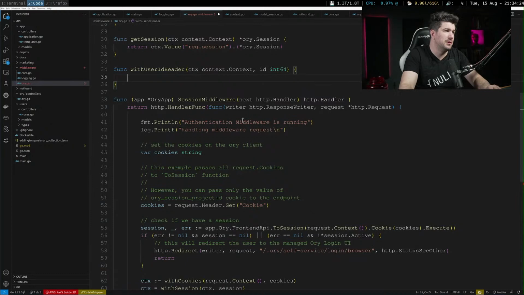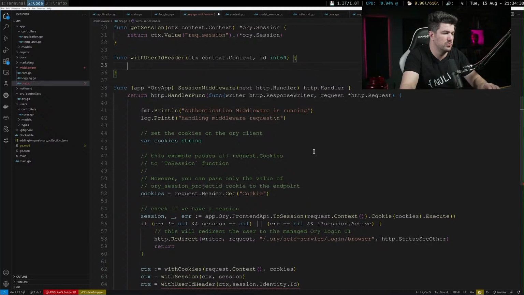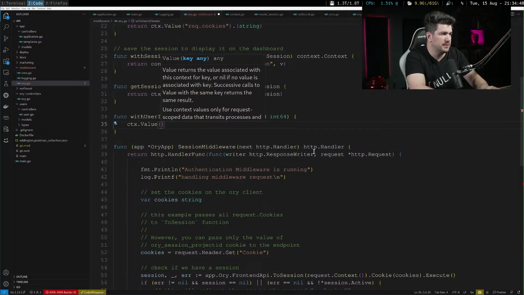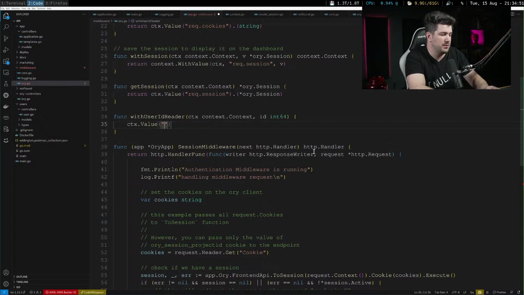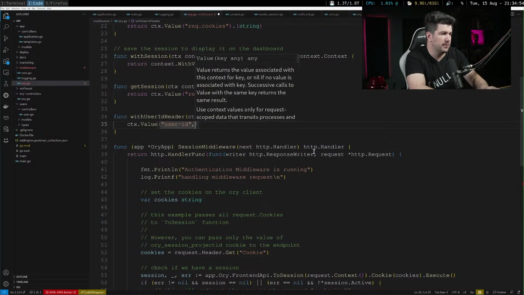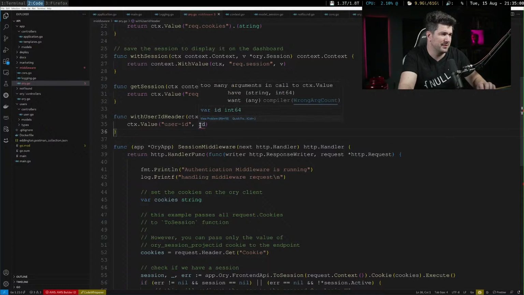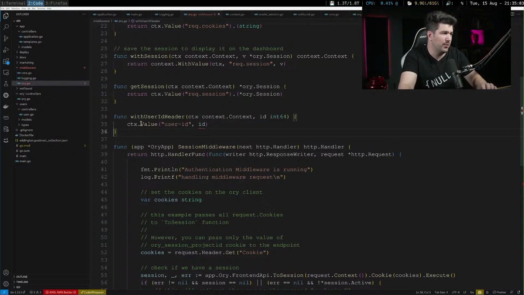Okay, so now we need to, let's see, CTX value, and then our key is going to be user ID, and our value is going to be ID. But it does not like that. Too many arguments to call. Oh, wait. My bad.